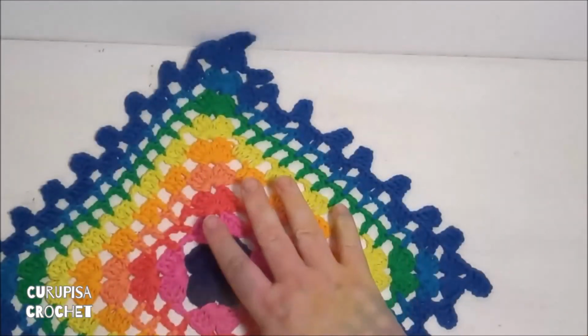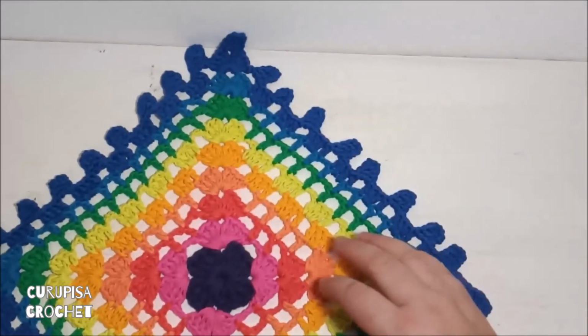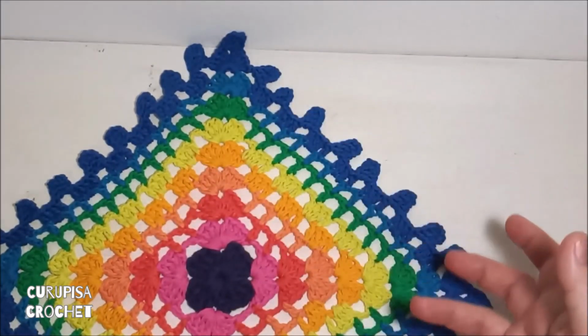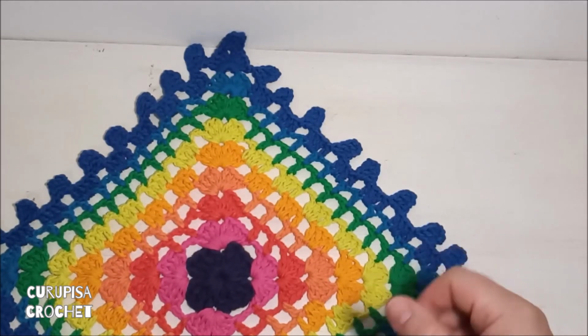Well, we worked in many things today, making up a square, changing colors, joining yarn, and so I hope you